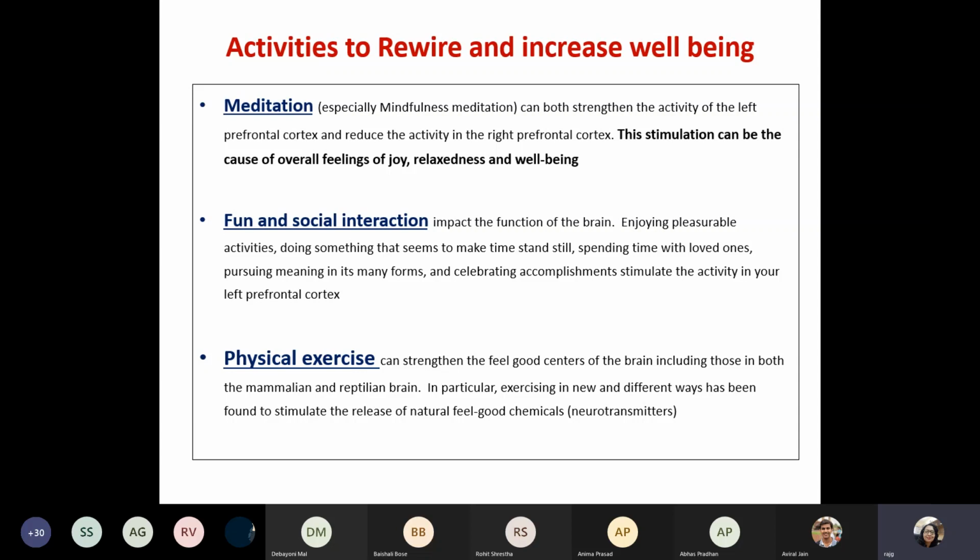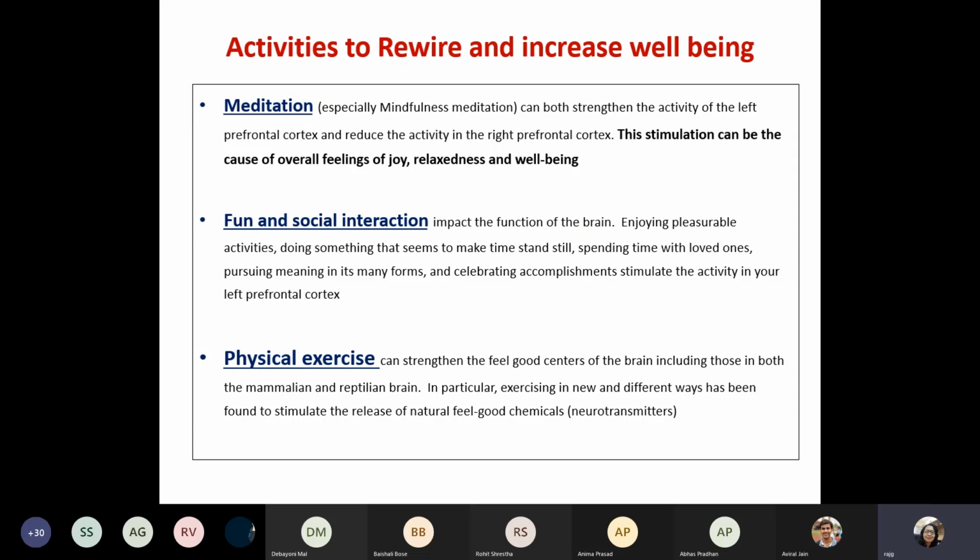So cycling, swimming, running, brisk walking, not the garden walk, jogging, spot jumping, all these are cardiovascular exercise. The other kind of exercise that I've not mentioned here is cognitive exercise, which also helps to boost the spirits. Why? Because it activates the brain. That is, if you do some puzzles, Sudoku, word play, everybody is doing Wordle right now. If you do these, that will also activate your brain. It will help you feel better.